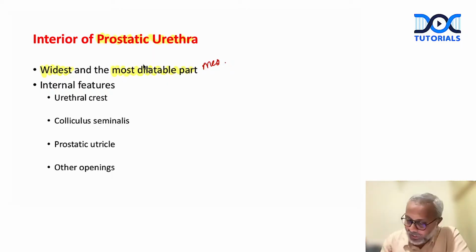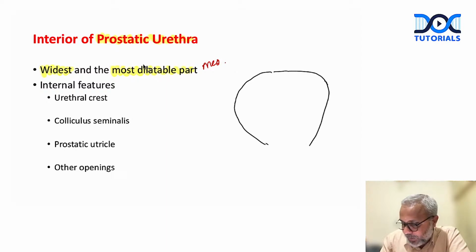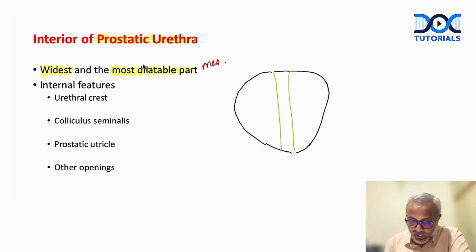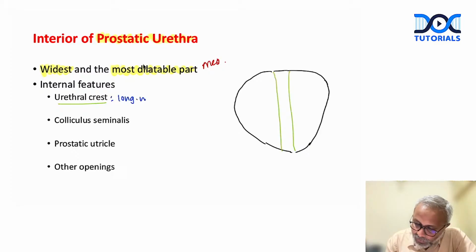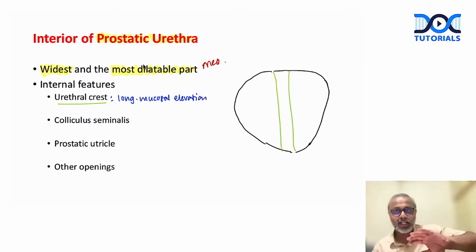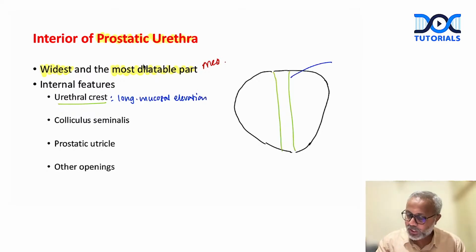First, let's try to draw the diagram. In the diagram, all we need to do is first draw the outline of the prostate gland. Let's imagine this is the prostate gland. And in the center of the prostate, we have the outline of the male urethra, the prostatic urethra, right? The median part of the prostatic urethra presents a longitudinal mucosal elevation. This is present in the midline and we call it the urethral crest,